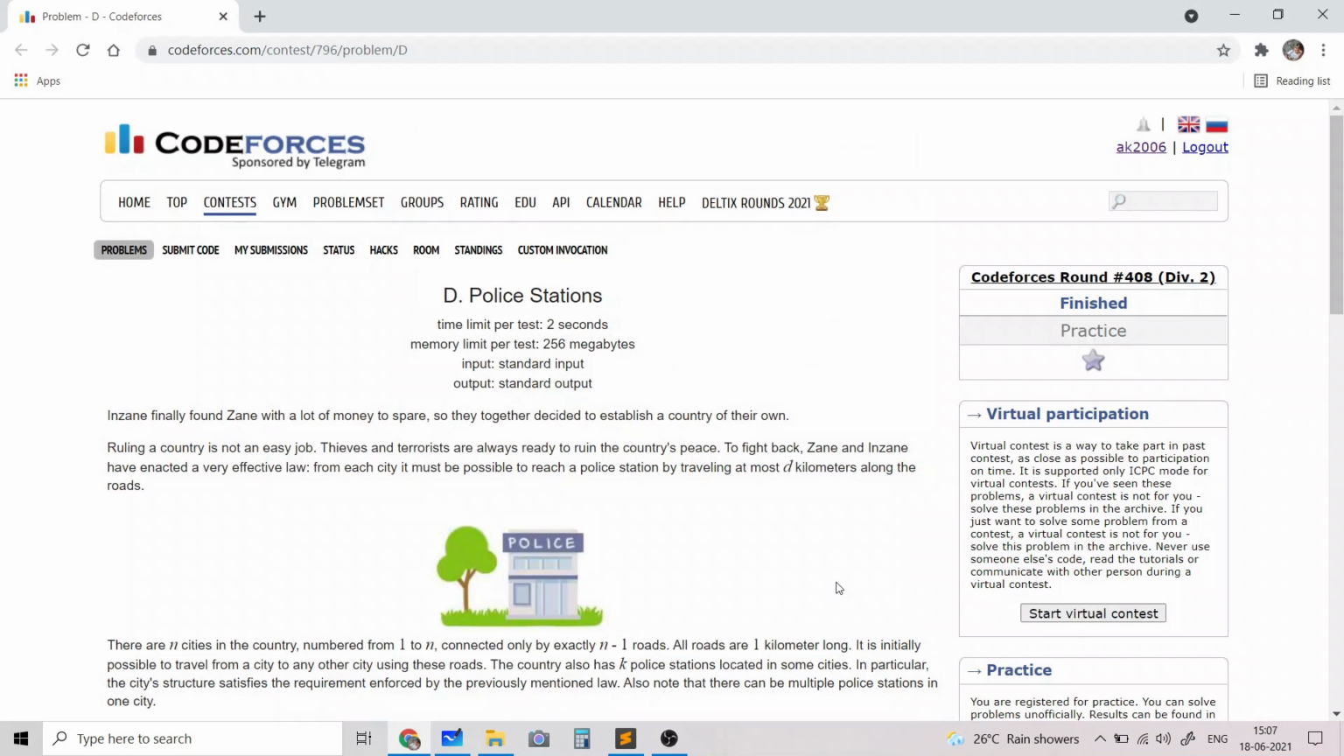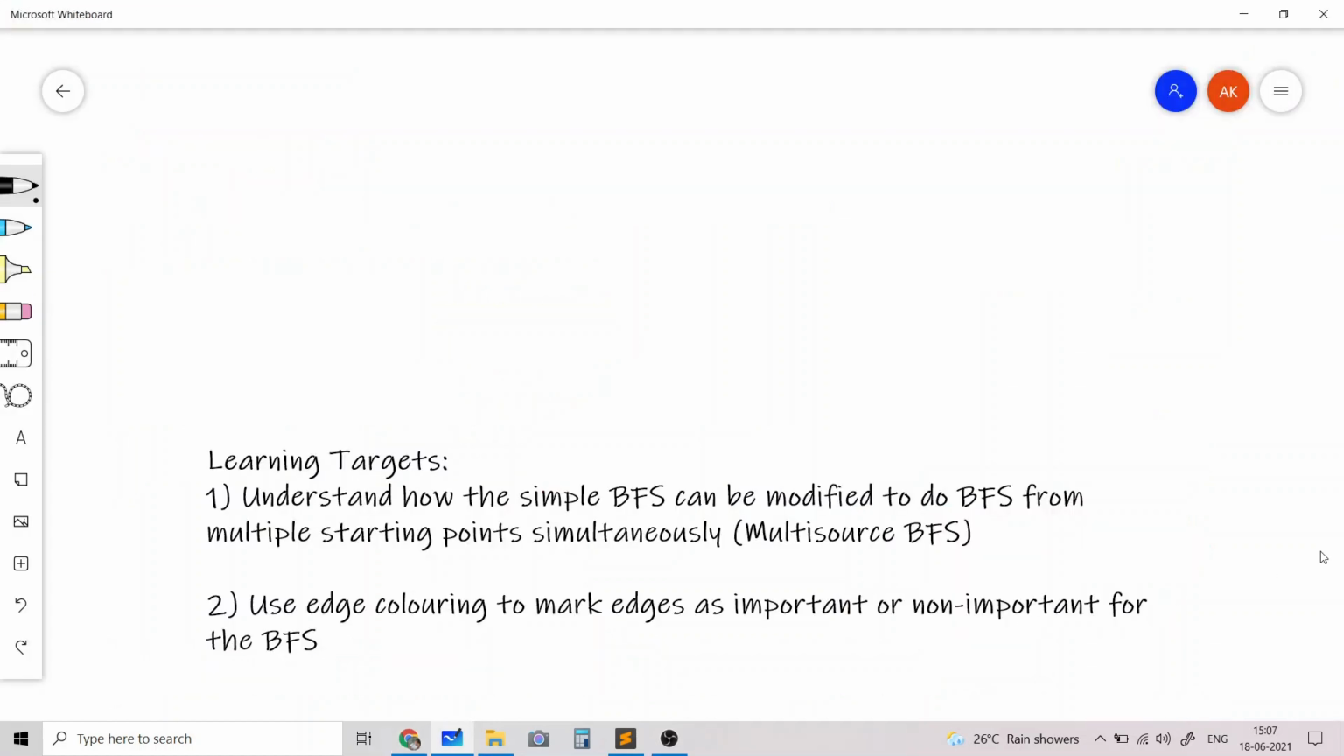Hello everyone, in this video I will go over my solution to the problem named Police Stations. This problem is taken from a Codeforces Div 2 contest and is rated 2100. The learning targets associated with this problem are that by the end of this video you should be able to